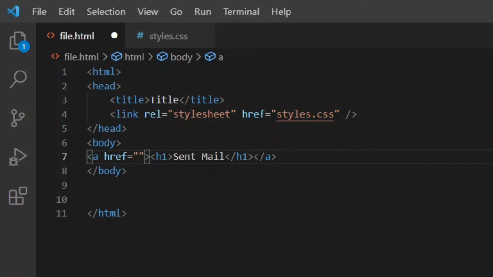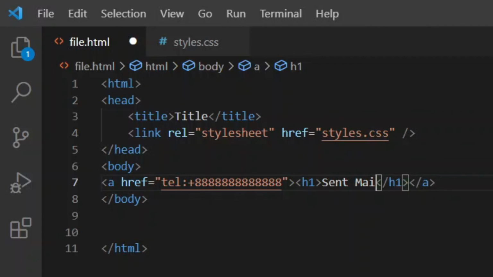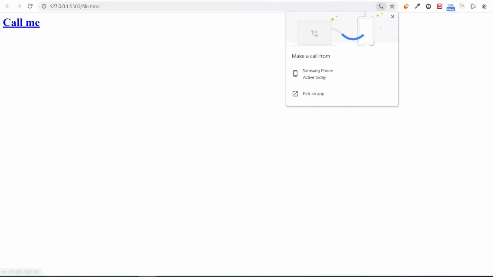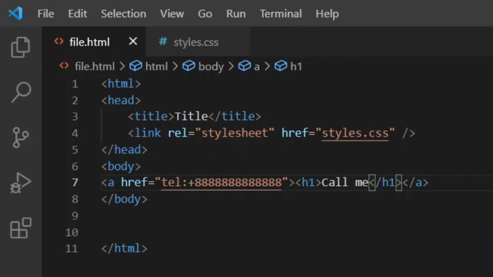We can also link a phone number in the href attribute of the anchor tag. For that, we use the tel property instead. Let me quickly put in the tel property followed by the phone number I want to place a call to. See, we could see a pop-up indicating several options. It is important to note that we surely need some kind of a backend service to initiate a call. Merely specifying the tel property won't allow you to place calls through the internet.